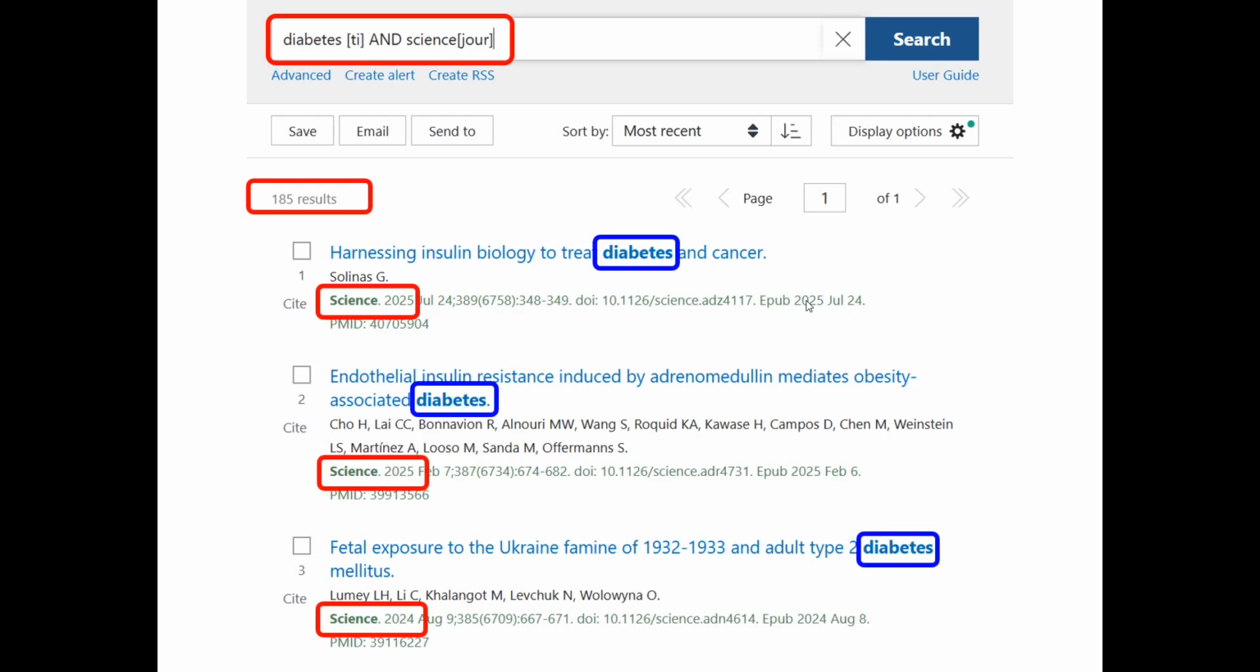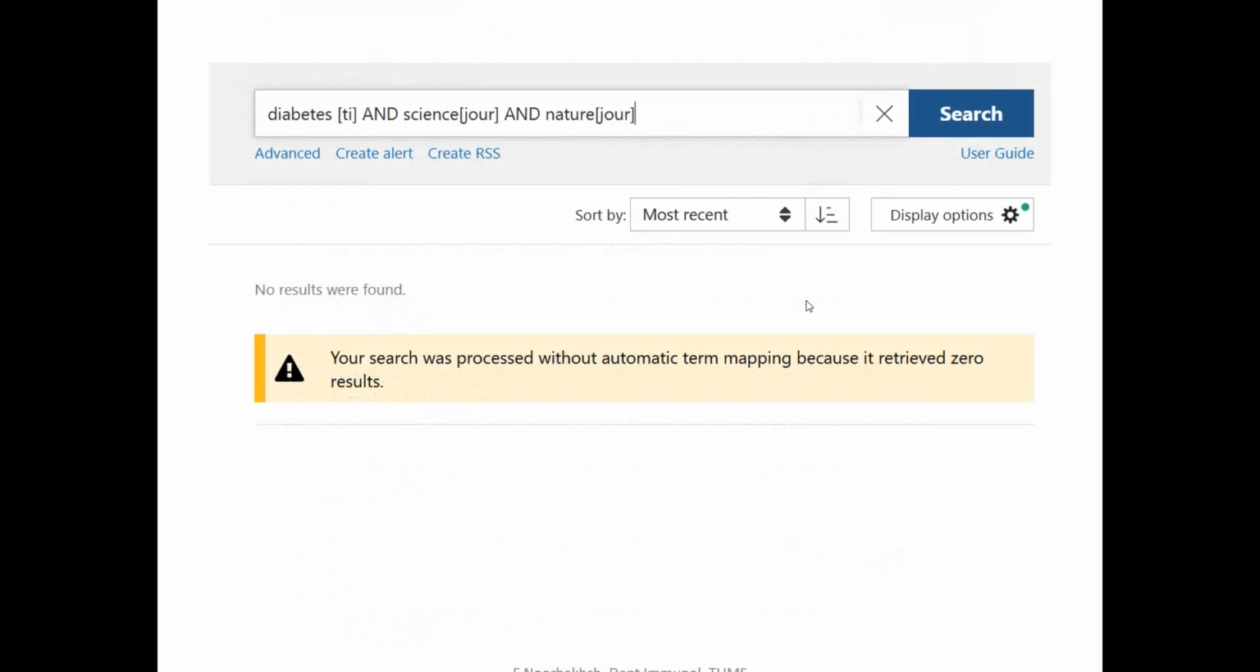So this is good. So far, so good. Imagine that I want to add the journal Nature. Science and Nature, as well as some other journals like Cell, New England Journal of Medicine, and Lancet, are journals that major scientific breakthroughs are published in. So imagine that we're looking for papers that have been published in Science or